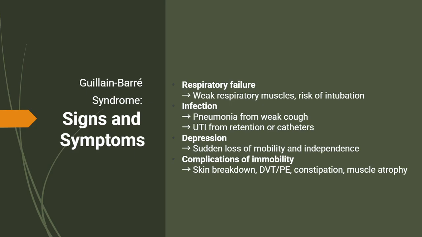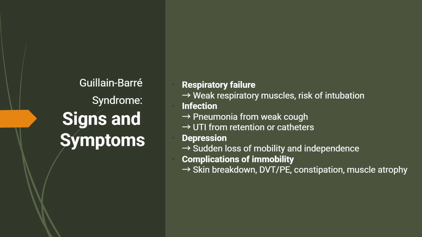There are important signs and symptoms that occur with Guillain-Barré syndrome that are important to recognize. These signs and symptoms lead to complications that occur because GBS causes rapid ascending weakness that can affect both the respiratory muscles and the autonomic nervous system. Understanding these complications is critical because early recognition can be life-saving. One of the most serious complications is respiratory failure.